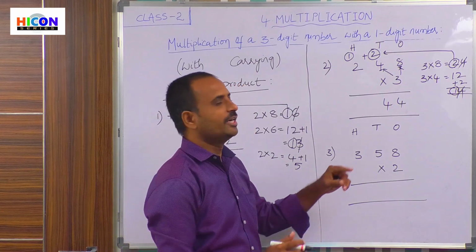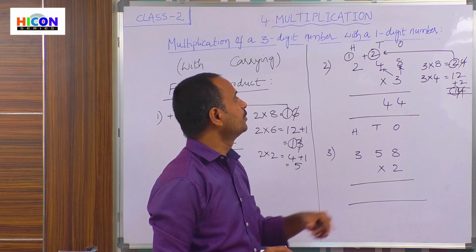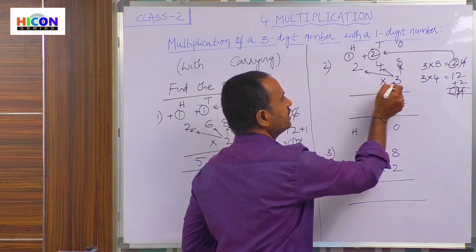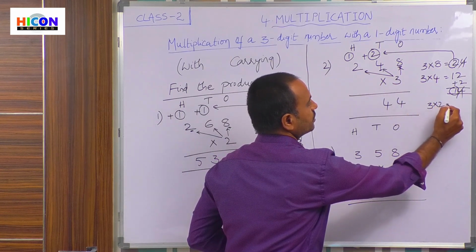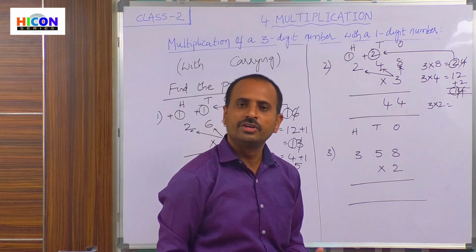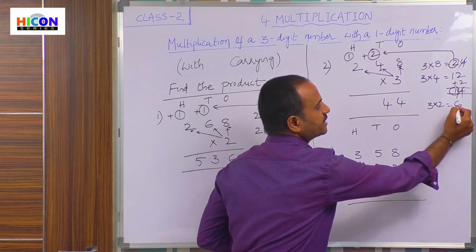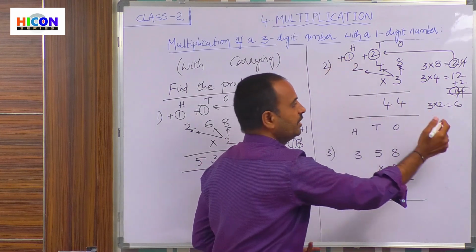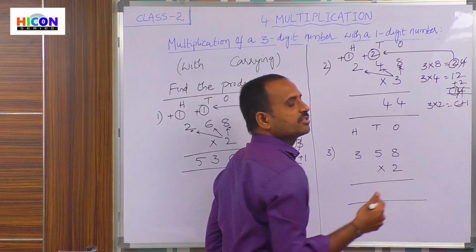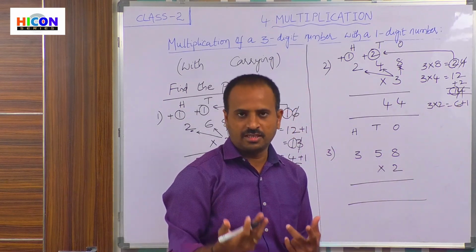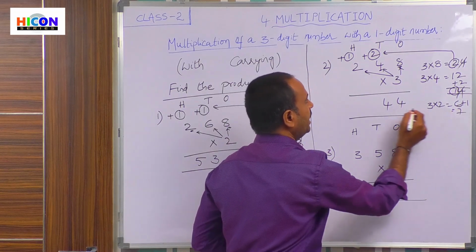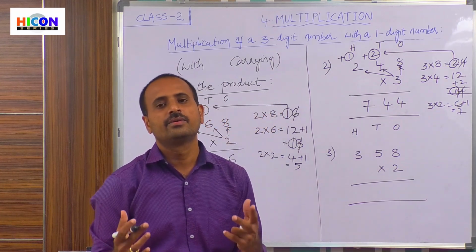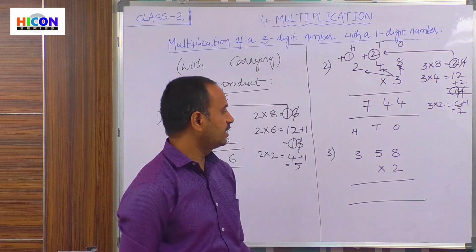So now continue the multiplication with hundreds place. So what is the digit present in hundreds place? 2 is present in hundreds place. Multiply 2 with 3. That is 3 into 2. So 3 into 2, children, how much? 3 2 jar? 6. 3 2 jar 6. And add the carried number. Here the carried number is 1. So add this 1 to 6. That is 6 plus 1. That is, after 6 you will get 7. So write 7 under hundreds place. So the answer is 744.